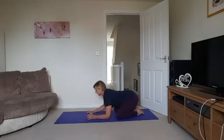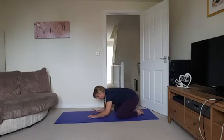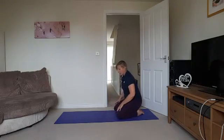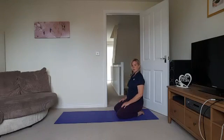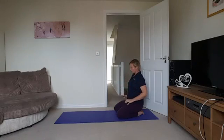Sink back into that child's pose again and just ease off through those wrists if they feel a little bit ouchy. A bit of a wiggle side to side. Lovely. And then just start to roll yourself back up. Lovely. Stack those shoulders up over those hips. Wonderful. So let's come down to seated,